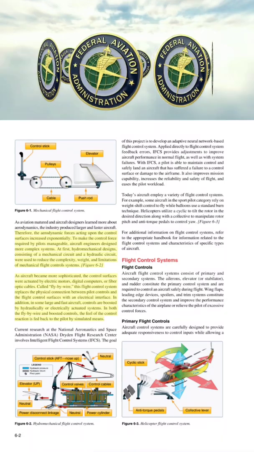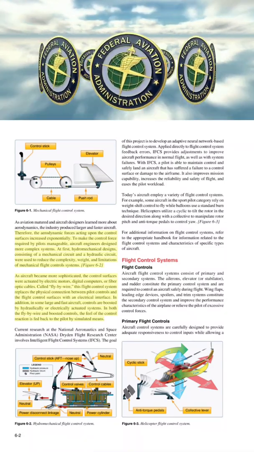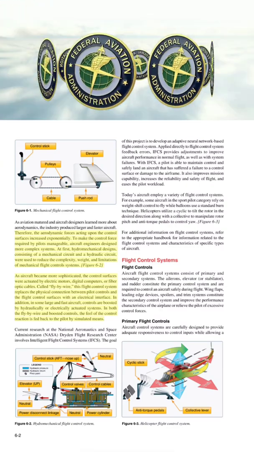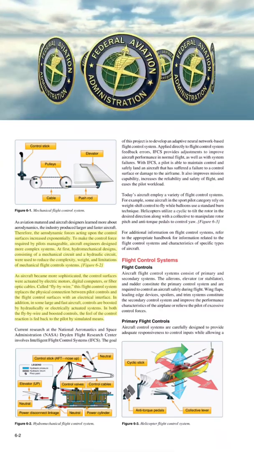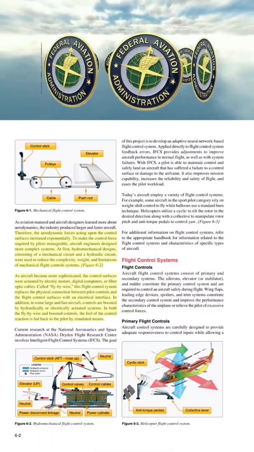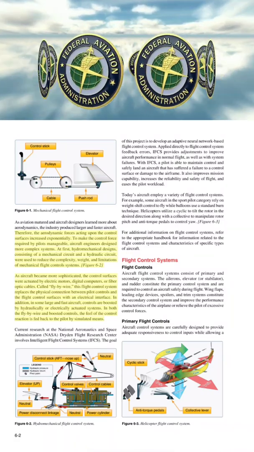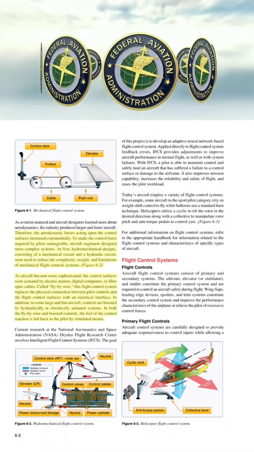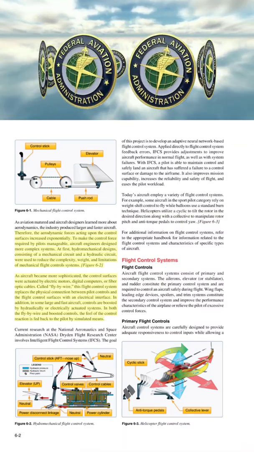As aircraft became more sophisticated, the control surfaces were actuated by electric motors, digital computers, or fiber optic cables. Called fly-by-wire, this flight control system replaces the physical connection between pilot controls and the flight control surfaces with an electrical interface. In addition, in some large and fast aircraft, controls are boosted by hydraulically or electrically actuated systems. In both the fly-by-wire and boosted controls, the feel of the control reaction is fed back to the pilot by